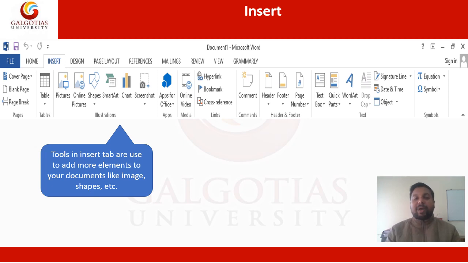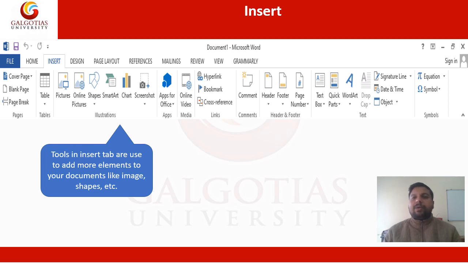The next is page number. Basically, whenever we are writing any research or a book, we forget to calculate the page number, how many pages we are writing. So you just click on page number, and it will give you the option of where you want to show the page number: on the right side, on the left side, or the center. If you put it on the right side, then at the end of every page, on the right-hand side, there is a page number. So you can use that tool in that case.